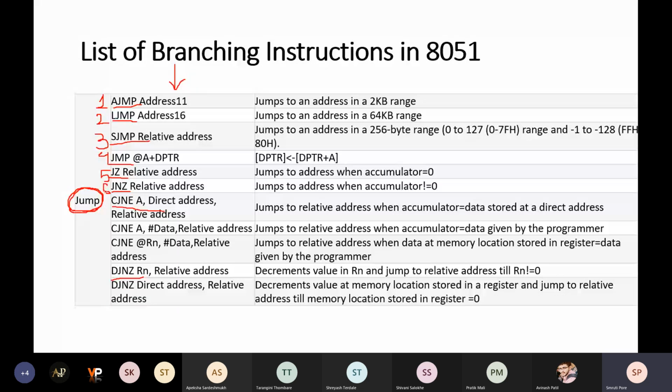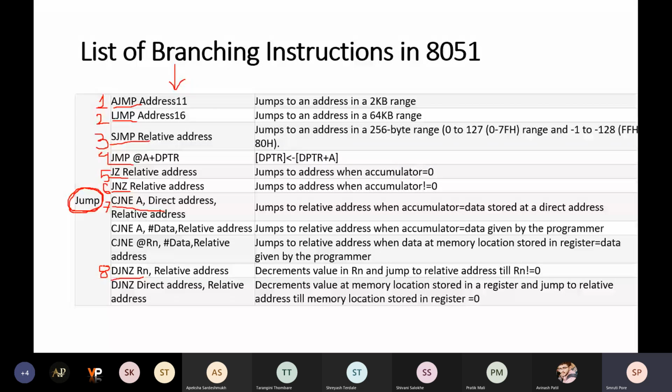Seventh is CJNE, compare and jump if not equal. And eighth is DJNZ. I'm just giving you the list of the instructions. I don't expect that you should immediately remember all these instructions, so don't worry about it. You just remember the syntaxes.